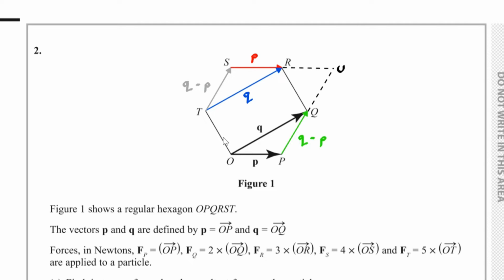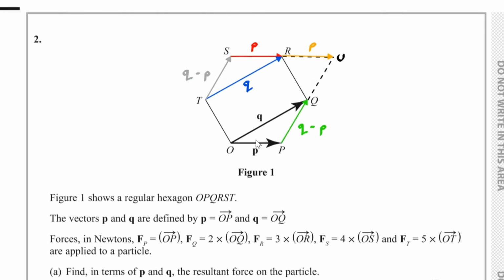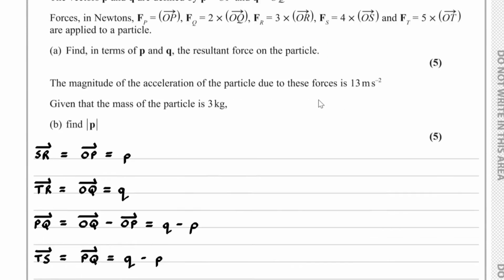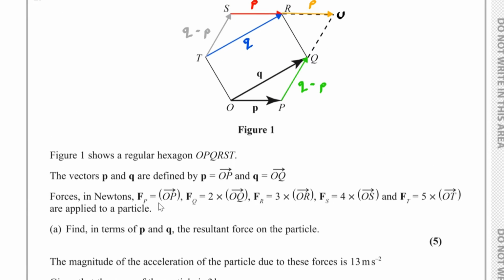And then we can see from here that the vector given by RU will also equal P. So in other words, RU is equal to OP, which is equal to P, and QU is equal to the vector PQ, which is given by Q minus P. So if we add this to the diagram,